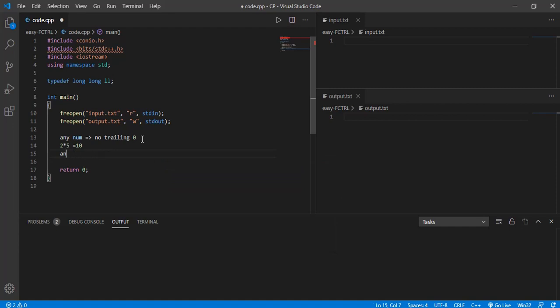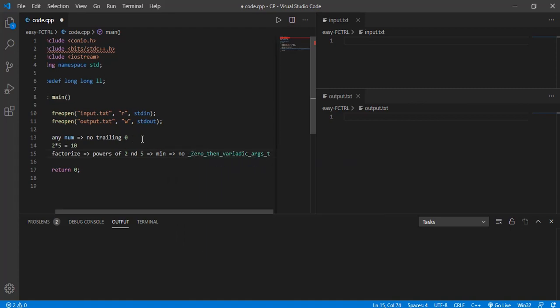So generally also what we do is for any JEE level problems as well, because this is a beginner series. For any JEE level problem that we used to solve, we used to find the number of 2's and 5's. So what we used to do is we used to factorize the number, and then we would compare the powers of 2 and 5. Then we choose the minimum one, and that will be the number of zeros.